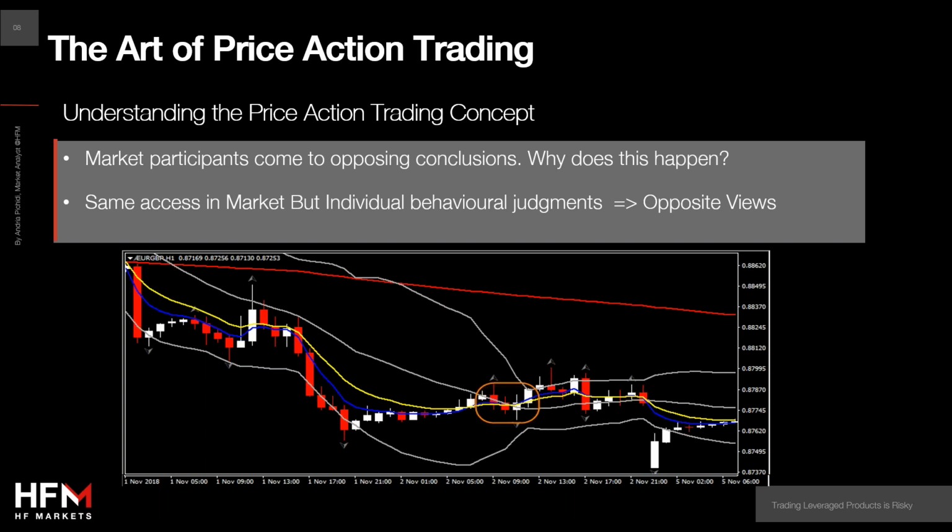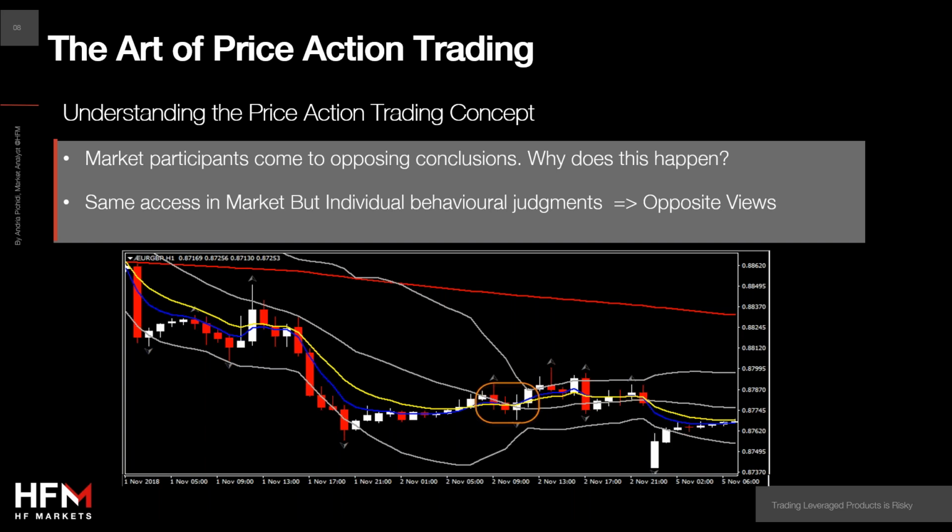Okay, so in theory, the buyer and the seller should have access to the same information, right? We all have Google. We all have access to the economic calendar. I mean, the same thing that you can see online, I can see as well. So we all have the same information: data from the news, technical indicators, fundamental analysis, recommendations, etc. Despite that, we have two opposite conclusions. The buyer and the seller come to an opposite conclusion.